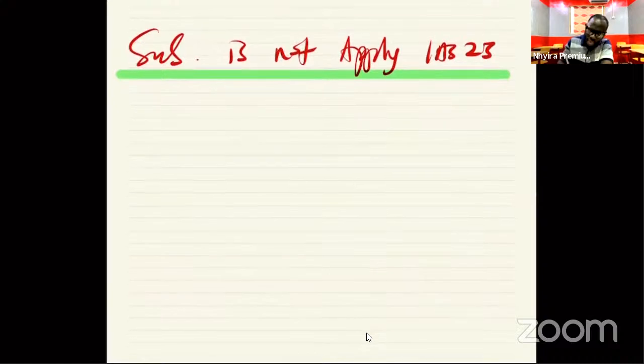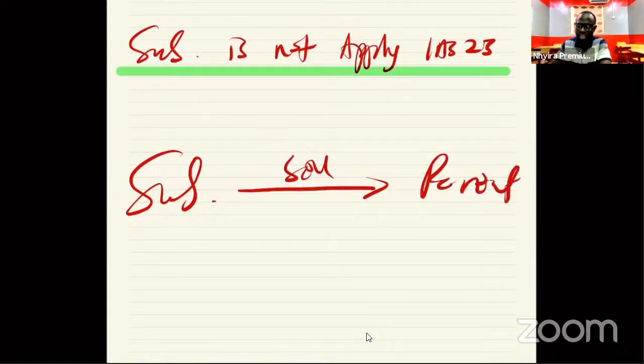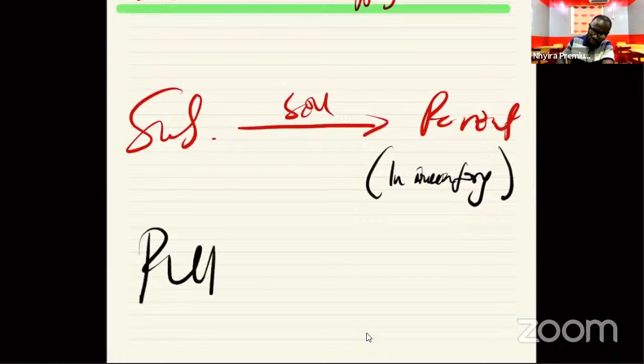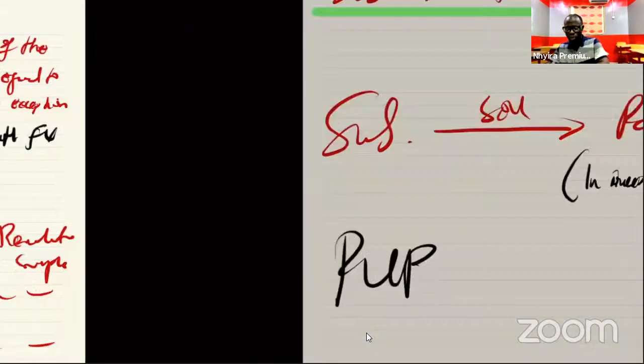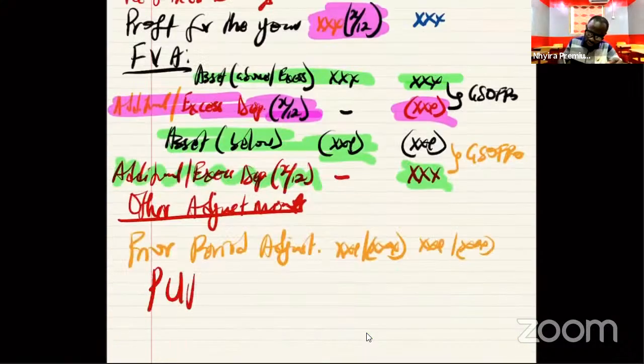Now, where the subsidiary sells to the parent, and at the reporting date, the parent still has some of the goods bought from the subsidiary in inventory, then quickly there has to be post-acquisition provision for unrealized profit. So we could build that into the schedule here and bring provision for unrealized profit.